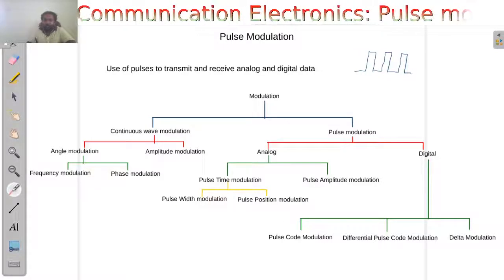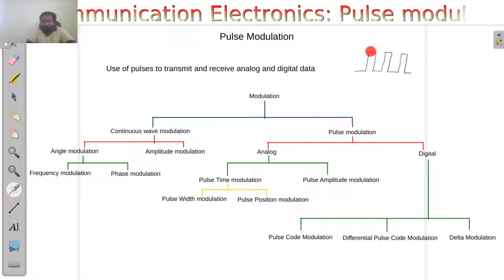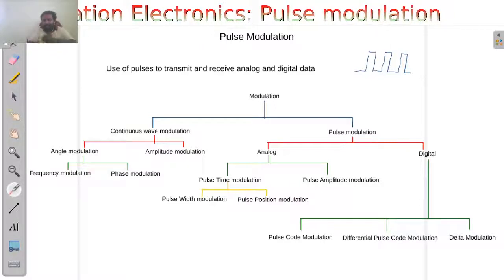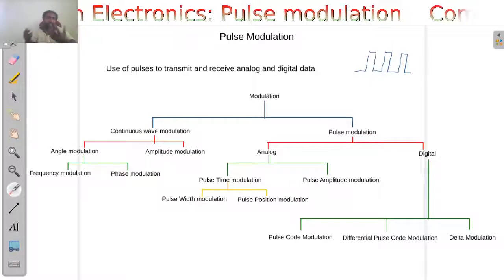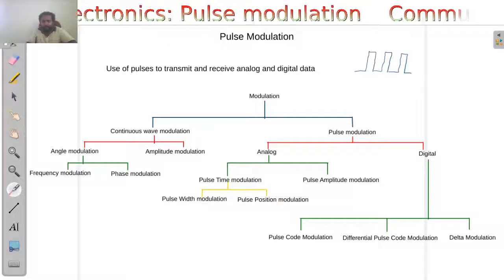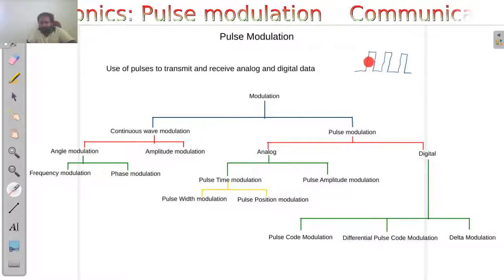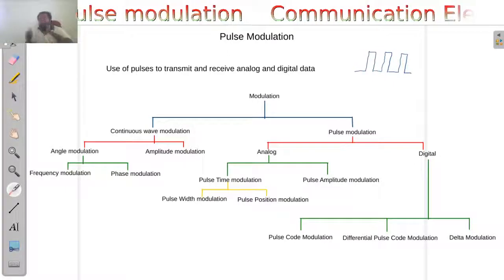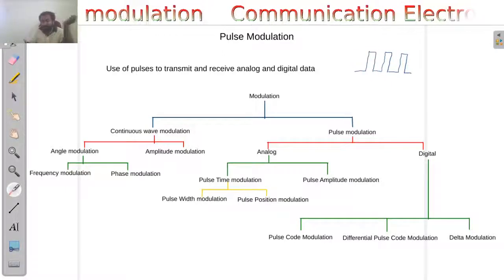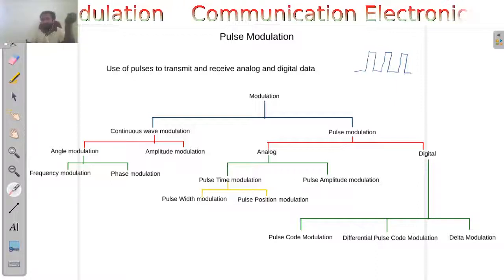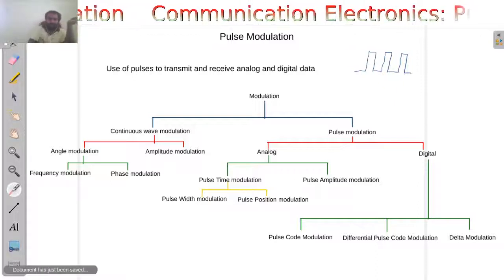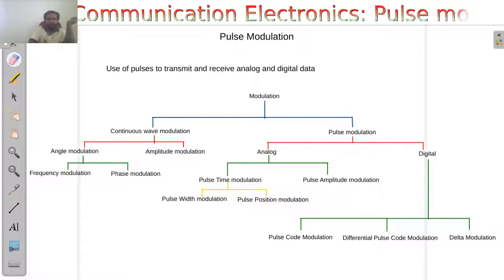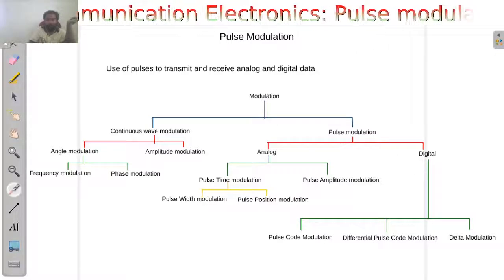Okay. In the case of pulse width modulation, the width of the pulse, this is the width of the pulse, is used to modulate. The width represents the information content in the wave. And in the case of position modulation, the position of the pulse relative to the reference will be representing the information content that we are going to transmit. Okay. So, we will see those in detail. As of now, we can just remember what I have said.